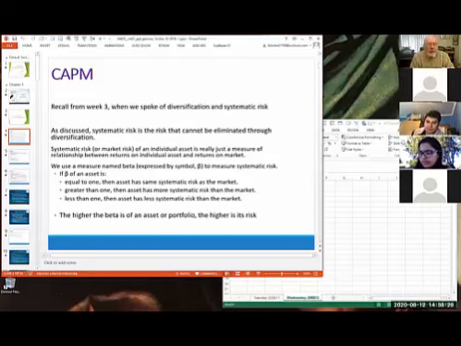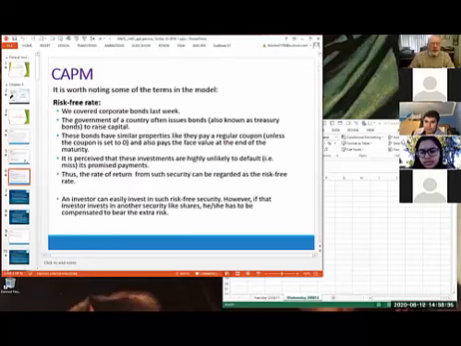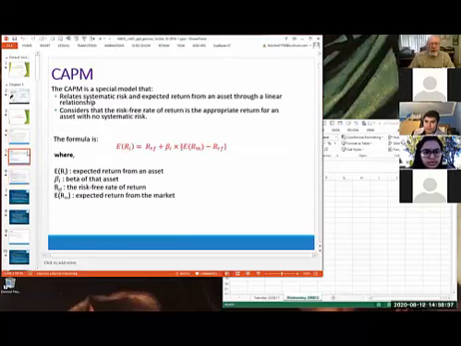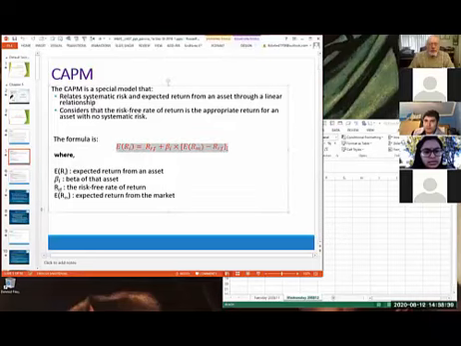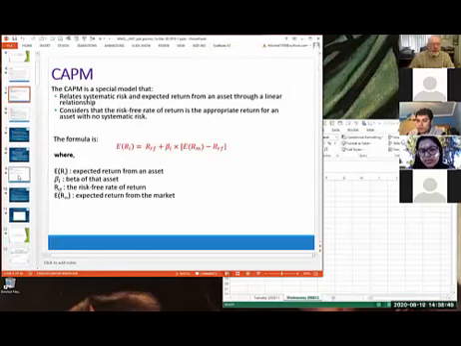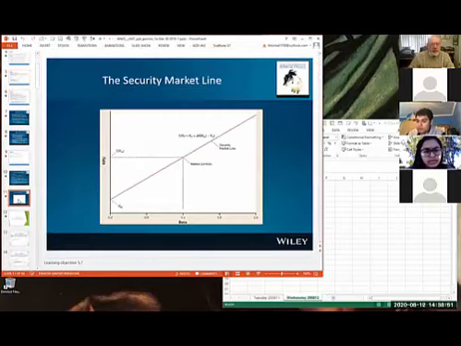Excuse me. Capital asset pricing model. Okay, beta. What do I want to do? I'll just go through there. Now you can read through that. We want to get down to this equation here, and this is really the way that the capital asset pricing model operates. I'm going to come back to that slide. I want to come down and have a look at this fellow here first of all. This is slide 11.